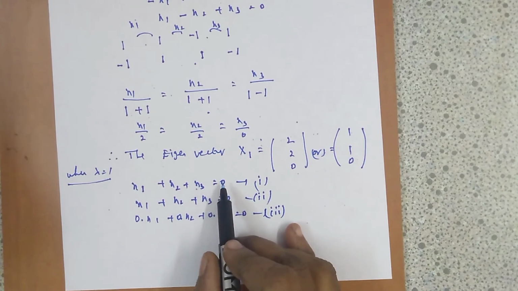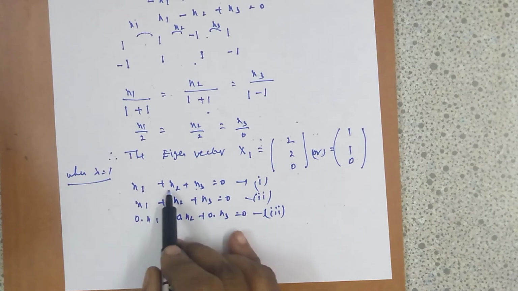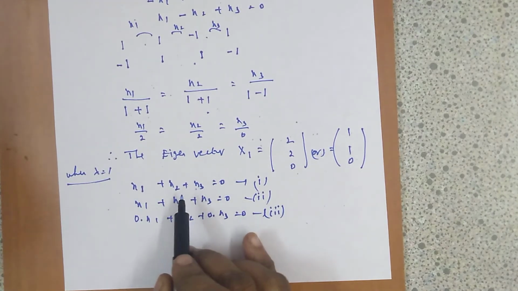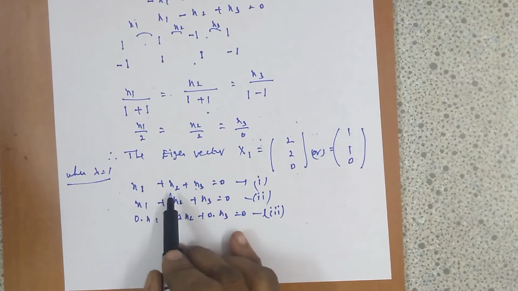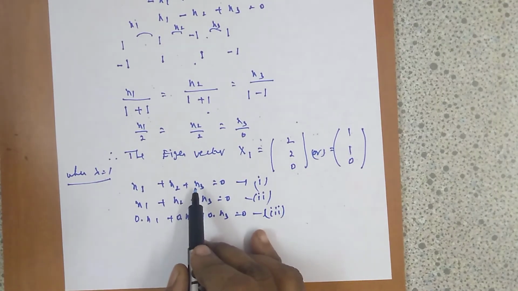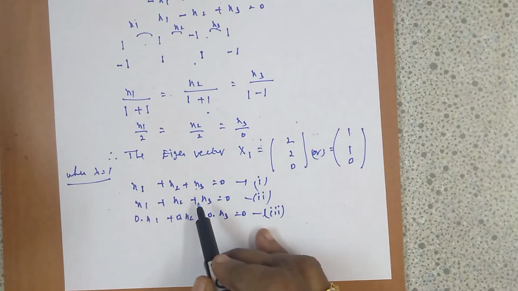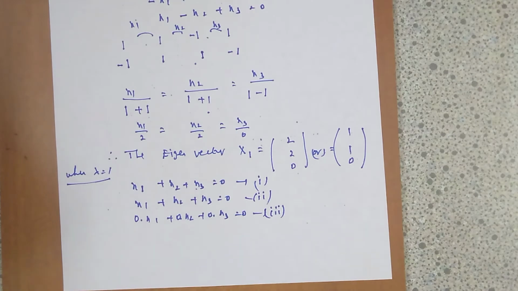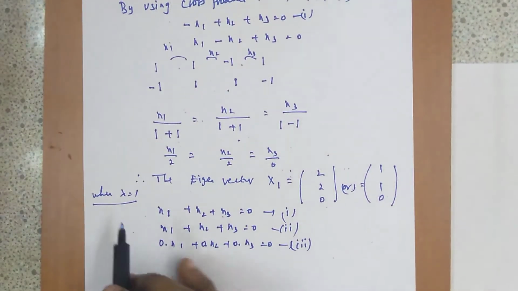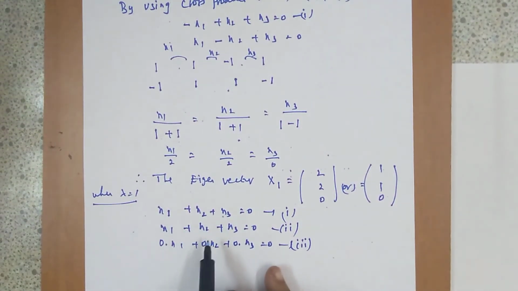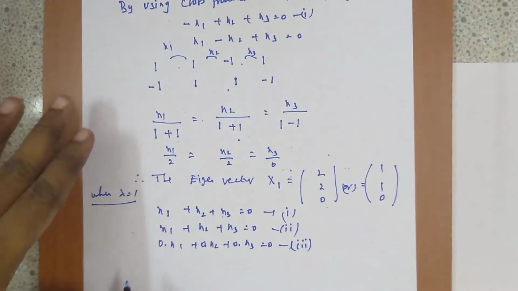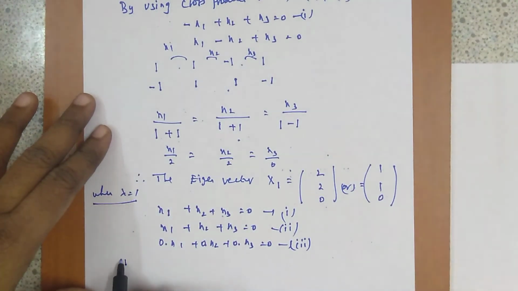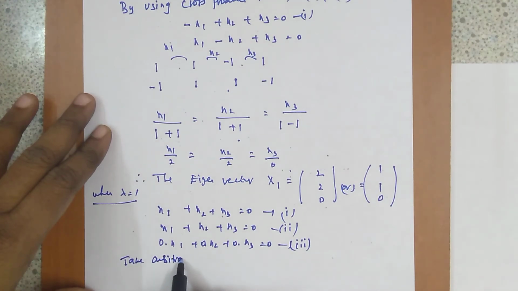We are going to introduce arbitrary values. So we can give the arbitrary values for any, here x1, x2, x3, all the three are unknowns. So we can give the arbitrary value for any two unknowns so that we can get the third unknown value. Likewise, for the next set of lambda equal to 1, we have to change the arbitrary values. We can get another vector. So when lambda equal to 1, we are getting like this. First we are going to give arbitrary values.